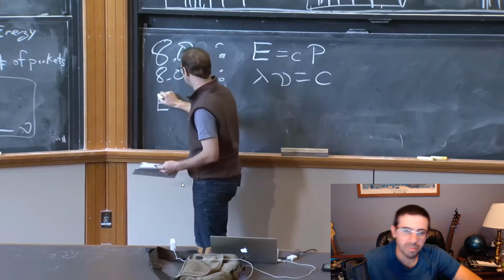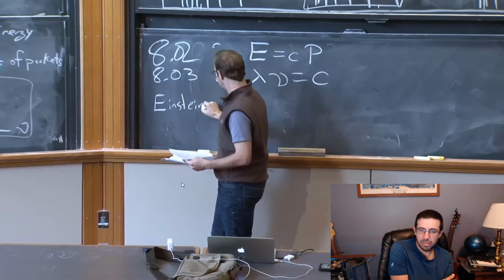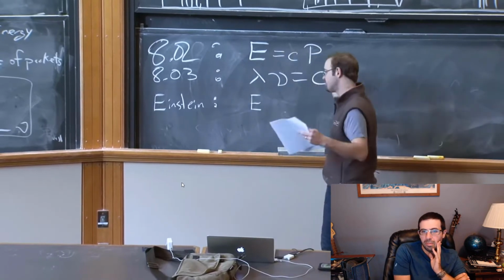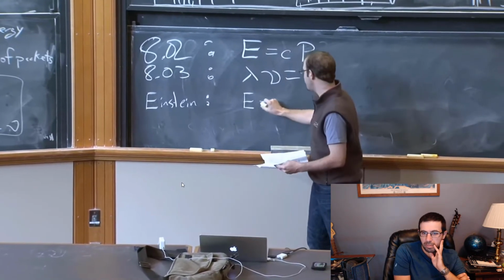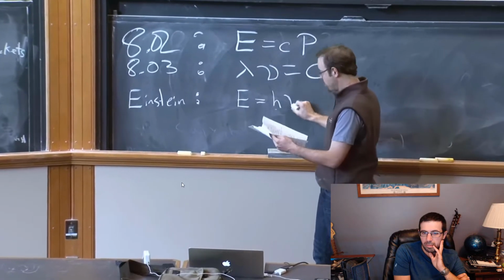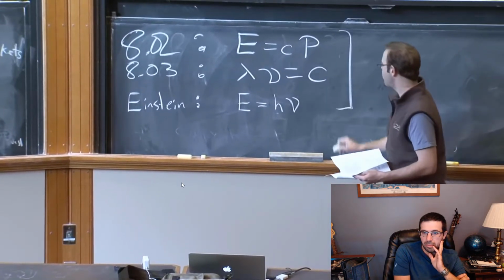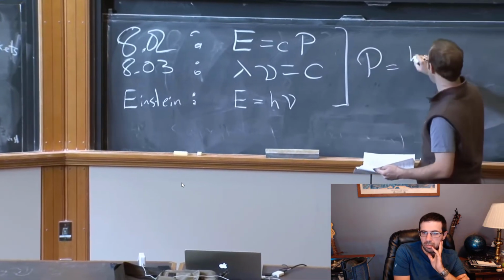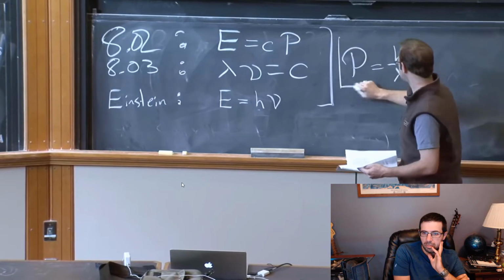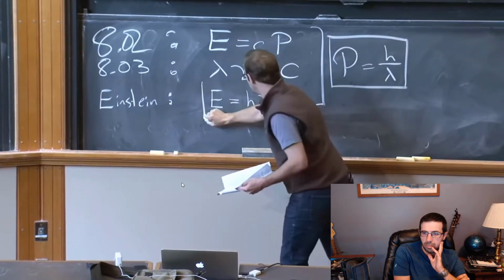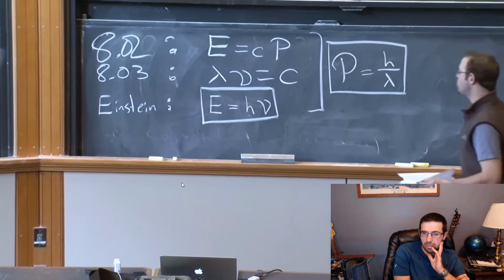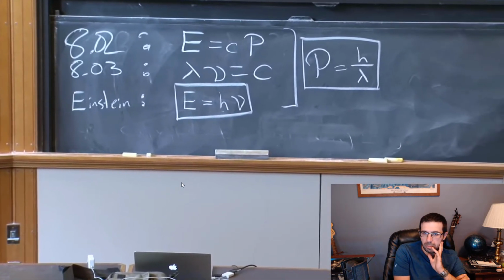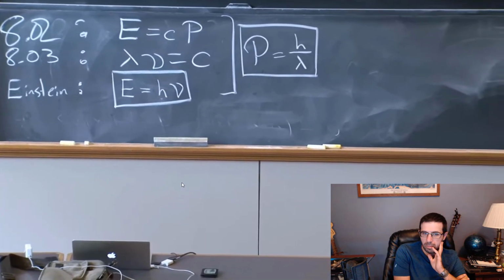And we just had Einstein tell us, or declare, without further evidence, just saying, look, this fits, that the energy of a chunk of light should be h times the frequency. So if you combine these together, you get another nice relation that's similar to this one, which says that the momentum of a chunk of light is equal to h over lambda. So these are two enormously influential expressions which come out of this argument from the photoelectric effect from Einstein. And their legacy will be with us throughout the rest of the semester.